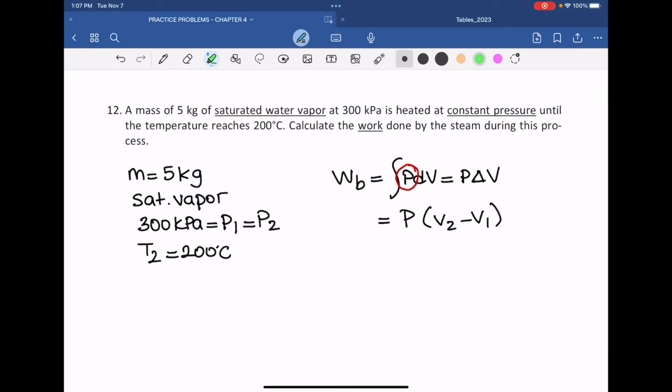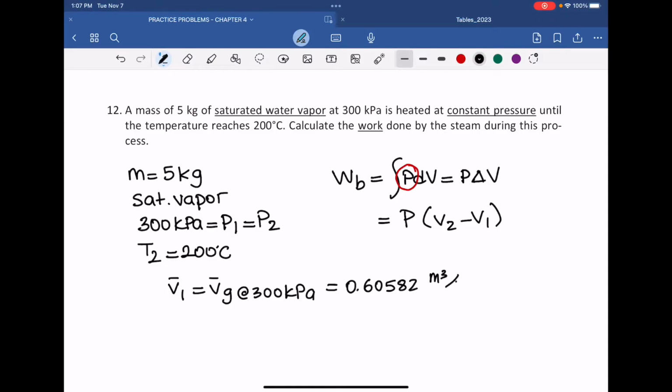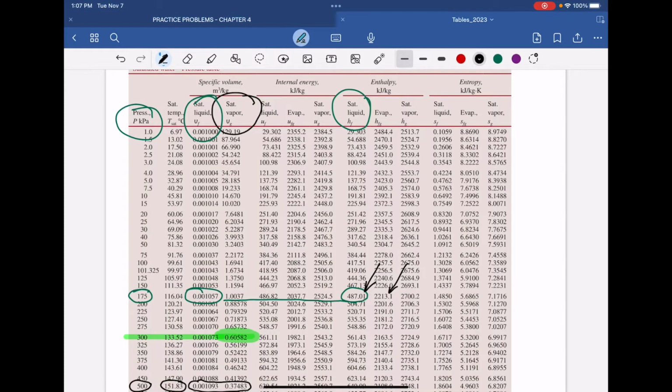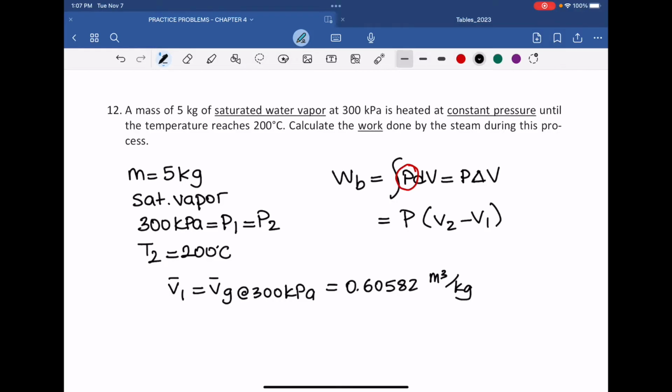Now we write it down. Okay, and then the next thing is we need to find also V2. We are given the pressure